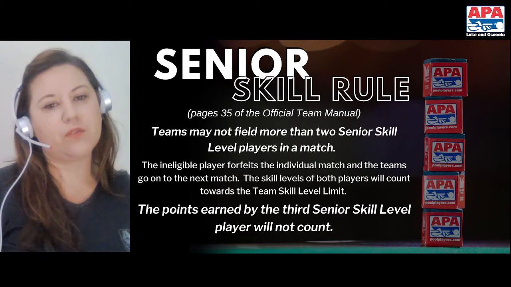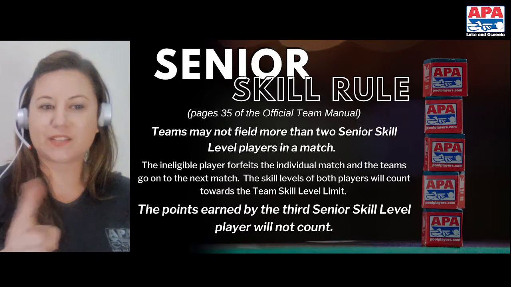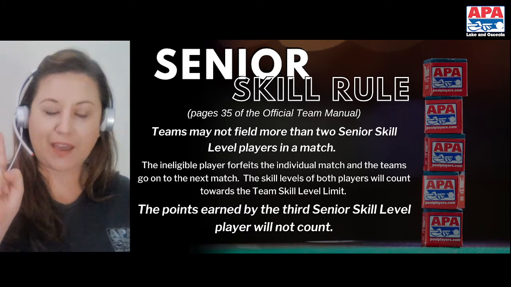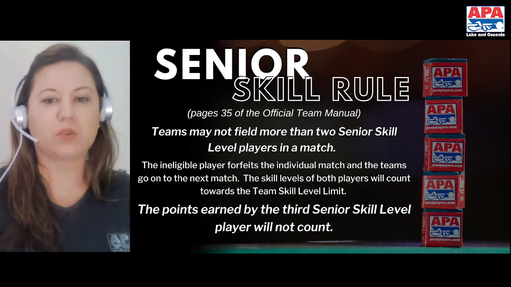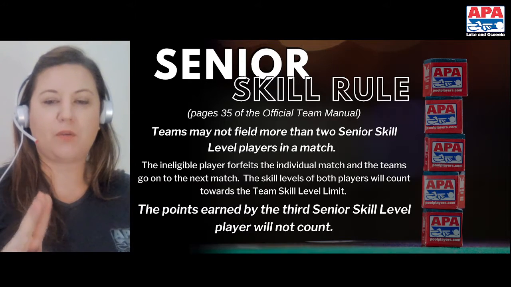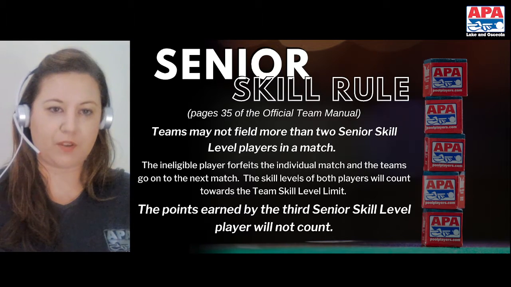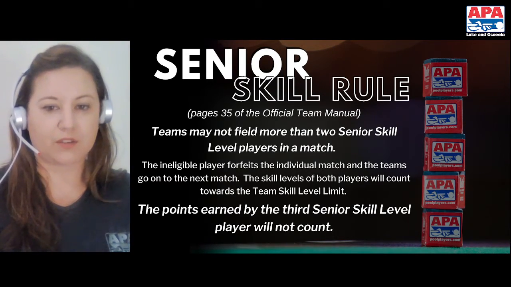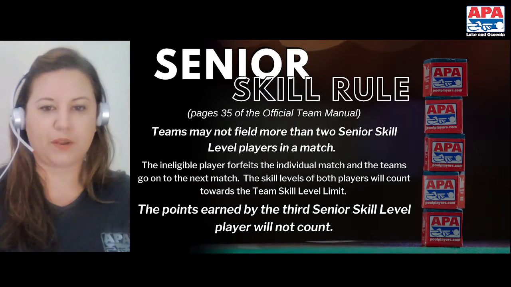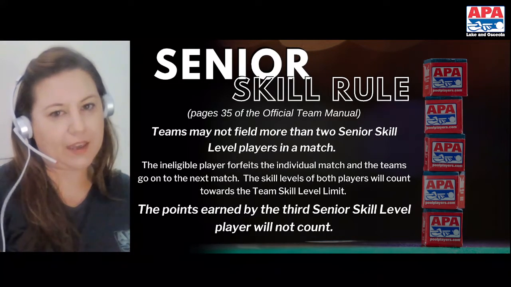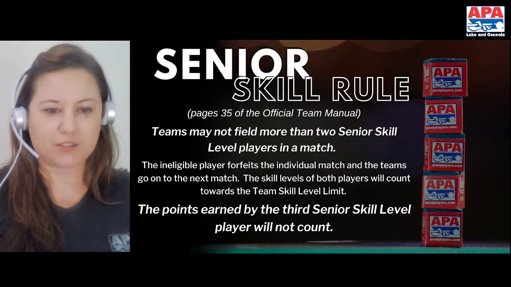Senior skills doesn't come up as often. You're only allowed to play 2 senior skills. A senior skill is somebody that's a 6 or above. That is a question later, so remember that. If you play more than 2 senior skill, even if you're within the 23 rule, that 3rd senior skill player, whatever the match points won were, it's going to be scored as if it were a forfeit, and the points are going to go in favor of the other team. That rule is on page 35 of the OTM. Feel free to read through it. Again, it used to be a 9-ball thing. It's now 8-ball and 9-ball. We don't see it very often, but just something to be aware of.